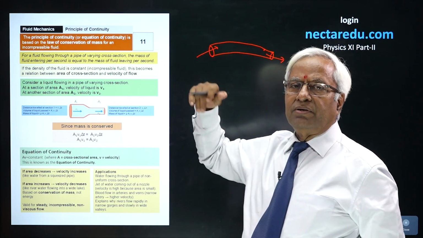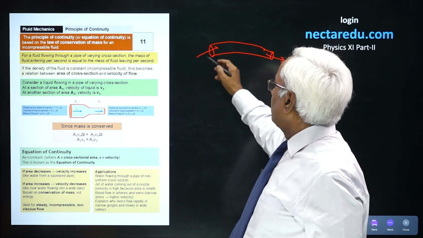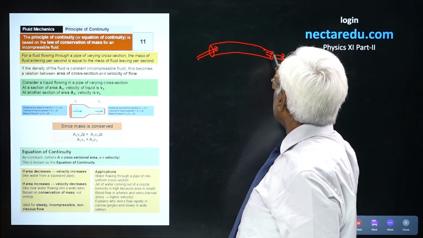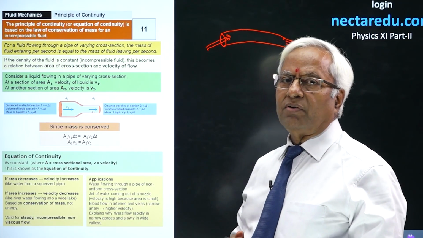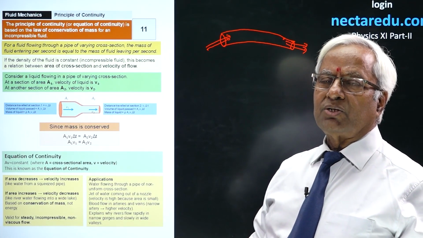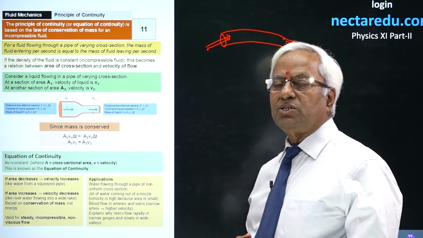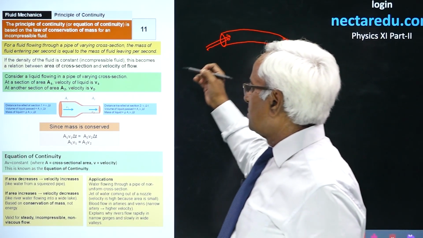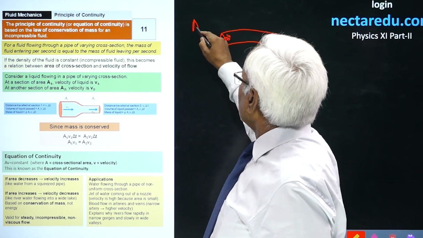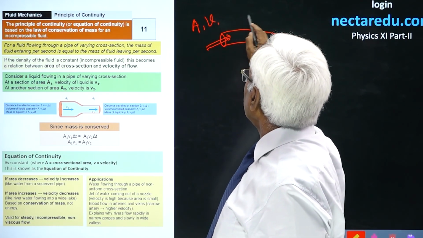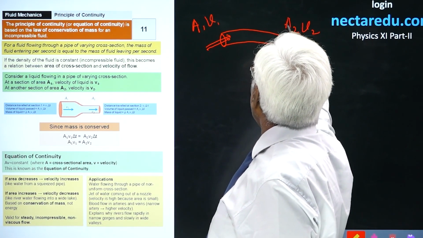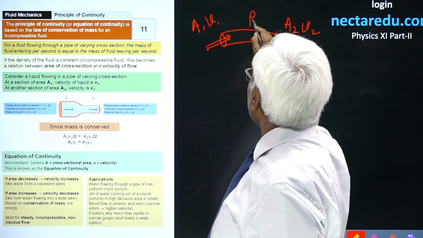be coming out. Now, we could say the same in terms of the law, that the product of area and velocity is constant throughout. That's the simplest form of the law of continuity. But let's see step by step. You see, this is A1, V1, this is A2, V2, and the fluid that is in motion has